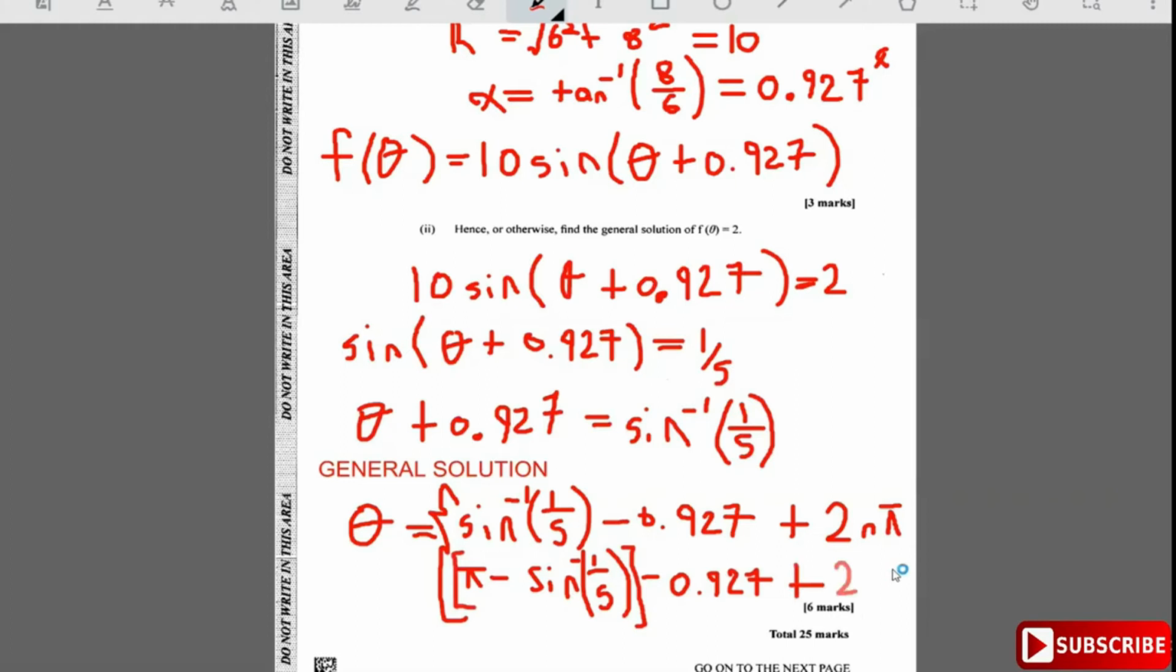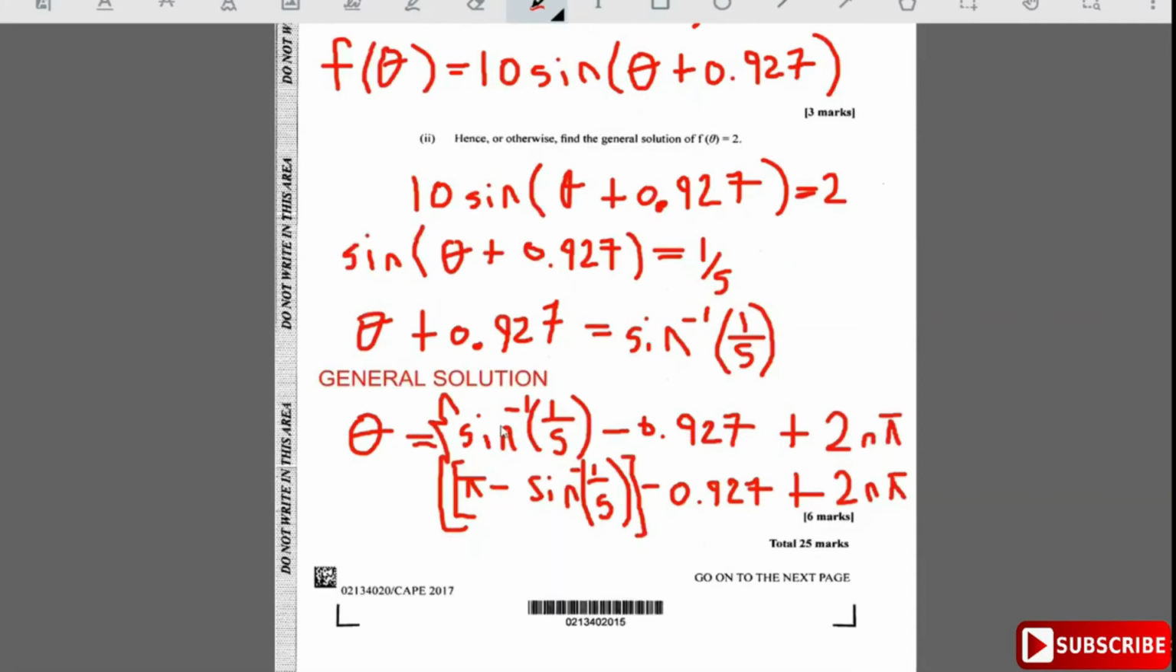Many persons may want to write an actual number. Depending on how you feel, maybe you like to write actual numbers. So you can go ahead and say sine inverse 1 over 5 minus 0.927, and you get negative something. So theta is negative. It does depend on you. Some persons might prefer to write minus 0.725 plus 2n pi,